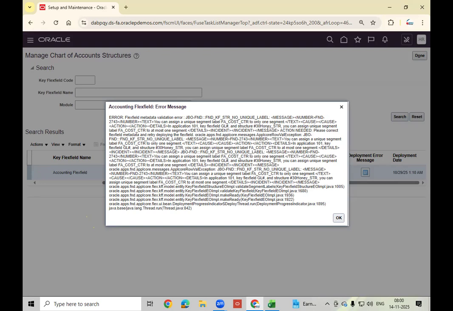Maintain one at GL, this one. STR, it's not that one. We will check this, it's something different.